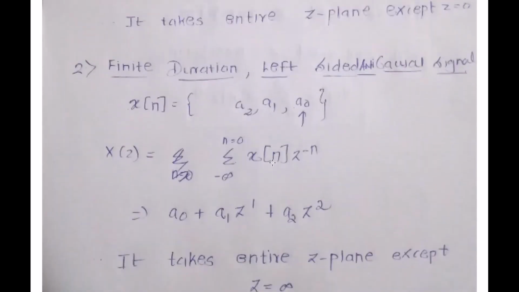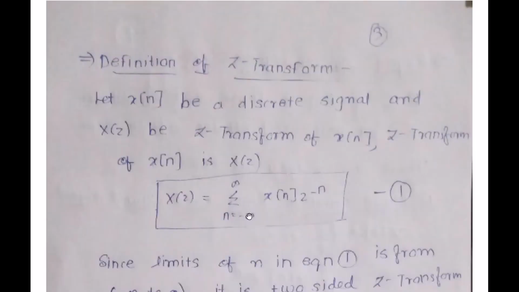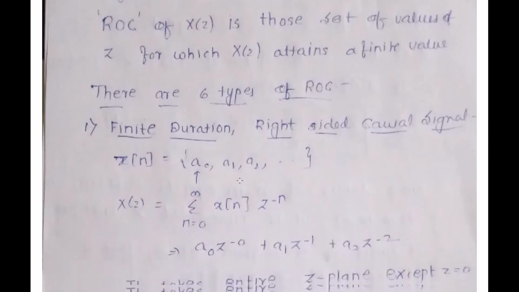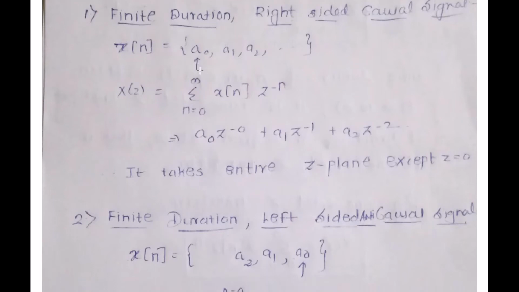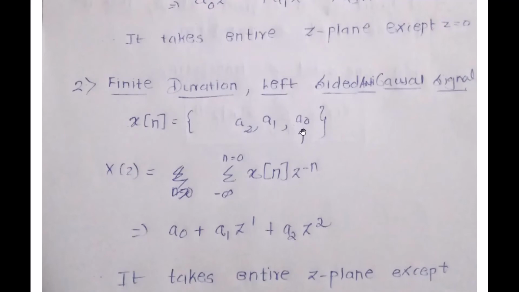Next you have the finite duration left-sided anti-causal signal, in which a0 is at 0, but I won't have right-side values, I will have left-side values. Hence I have from minus infinity to 0. As I told you, the basic formula says from minus infinity to infinity, but in the first type we had right-sided, hence I was starting from 0 to infinity, because this arrow indicates the 0th value. In the second case, we have the 0th value over here and all other values towards the minus infinite range. Hence I have minus infinity to 0, x(n) z raised to minus n,